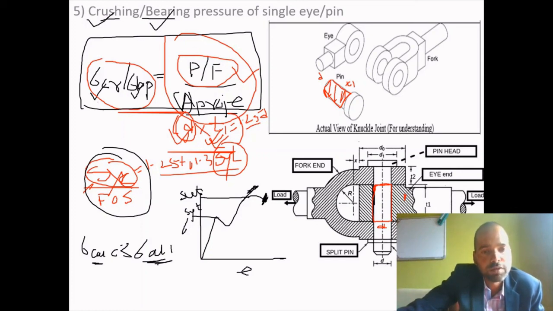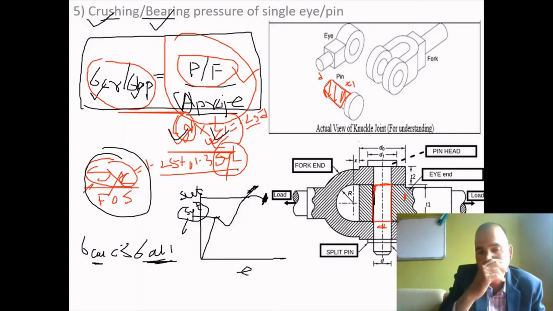For ductile material, the criterion of failure is SYT. Hence, to avoid failure, allowable stress at this point has to be greater than sigma calculated, and if this equation is satisfied, the dimensions D and T1 which we have calculated earlier will be safe. So understand, here we only check the safety of the design, as though the dimensions were not